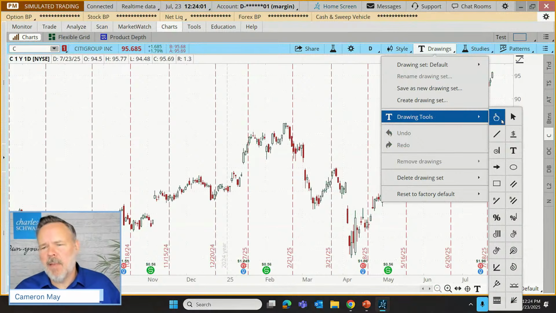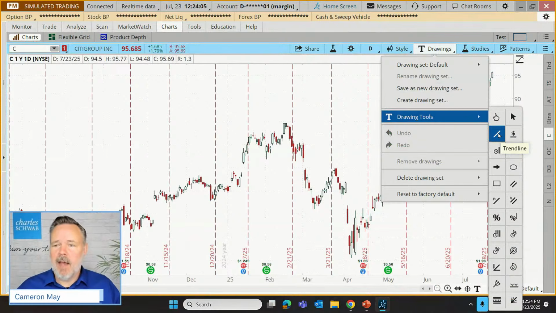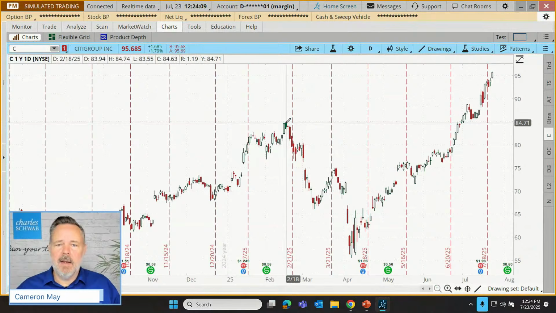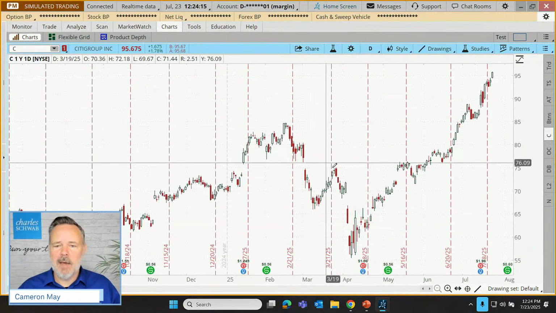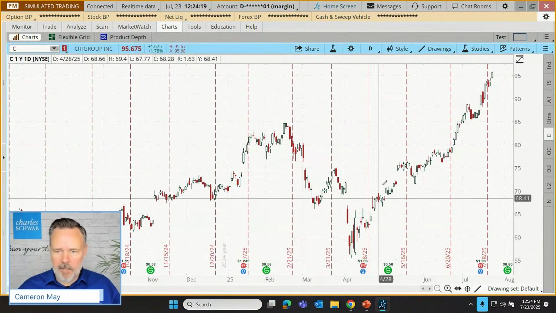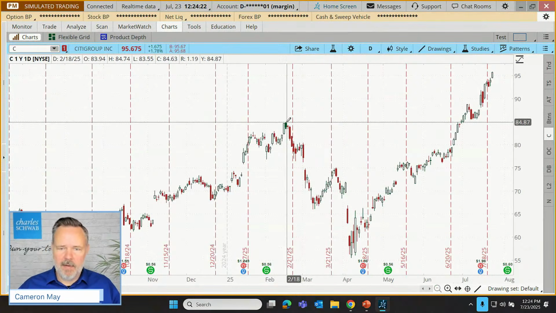So pick our initial position, click there, and then go to where we want to end the drawing and click again. So probably the most commonly used drawing tool is our trend line tool. Now I've kind of cheated. Let me choose trend line. And if I were to draw a trend line here, as I mentioned, we click once where we want to start a line. Let's say that our trader has noted that there was a downward slope here, lower highs for Citigroup, and they were watching for a break of that slope as maybe a signal that things are turning around.